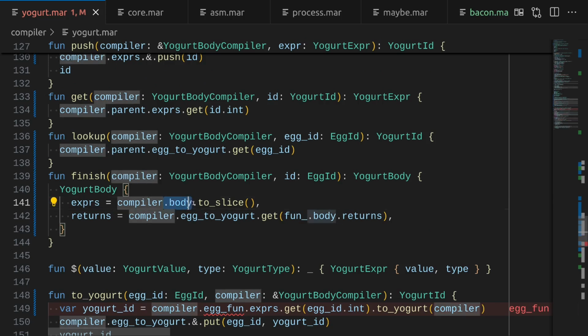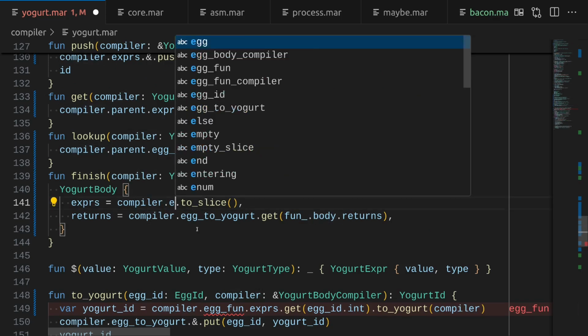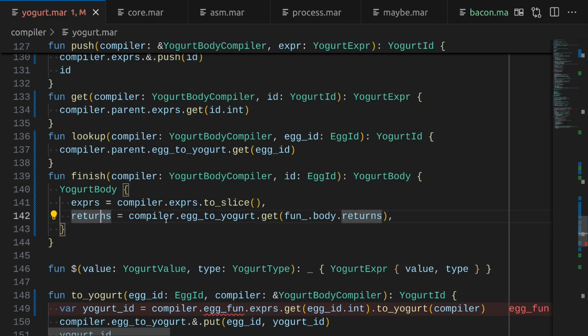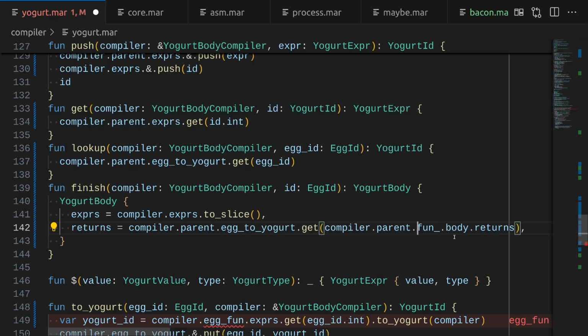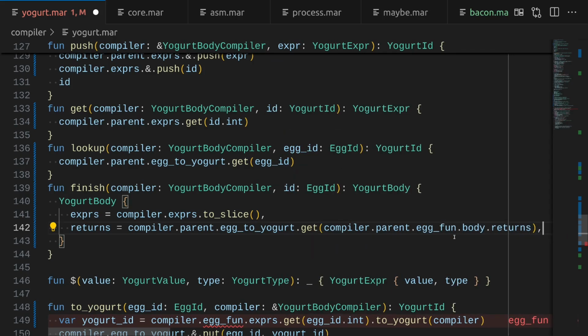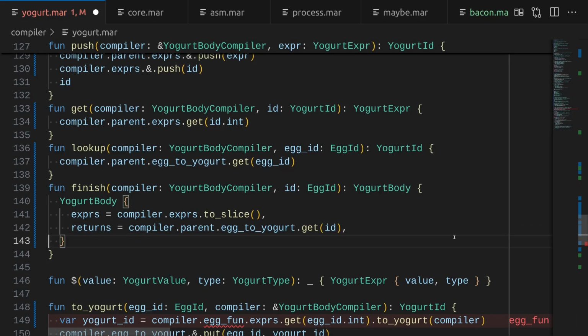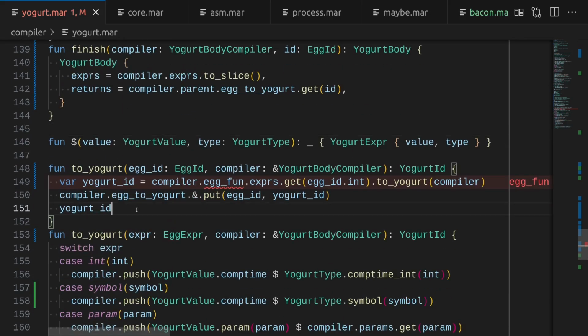Yeah, okay. So the body compiler has the expressions and it returns compiler.parent.egg to yogurt .get whatever the function returns, and that's also compiler.parent.egg fun, I think, .body.returns. That's the ID that we are given. Okay, nice. So in here